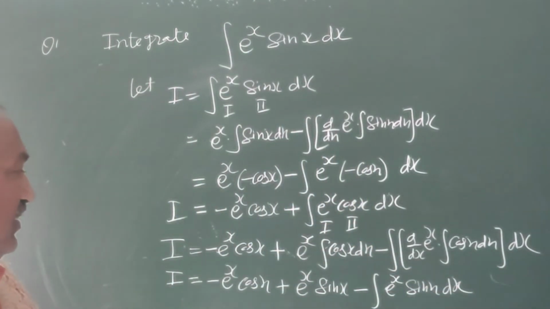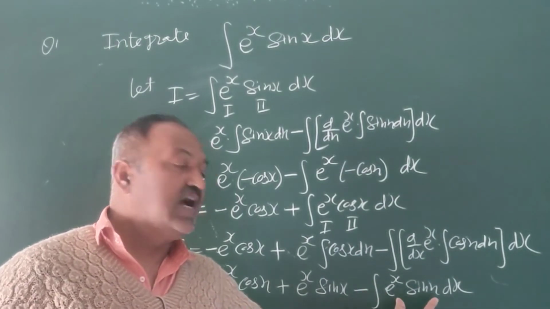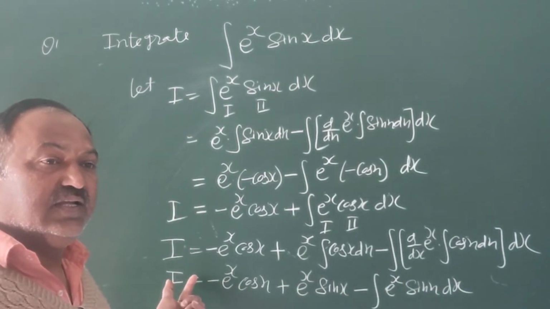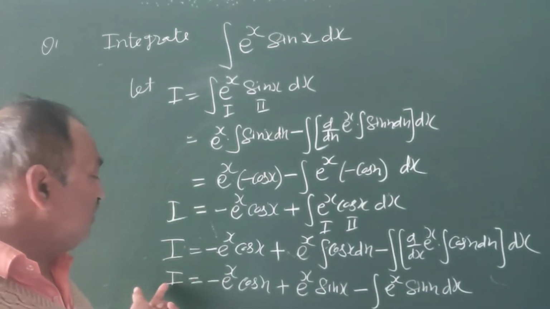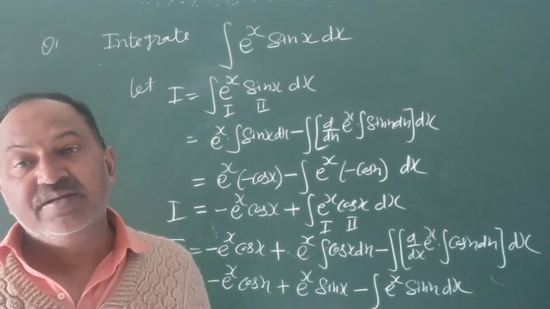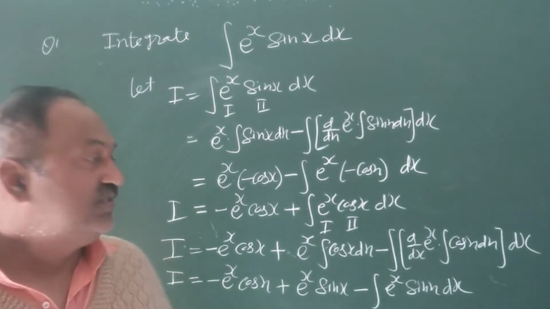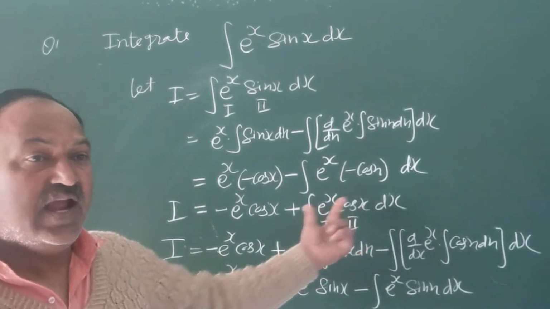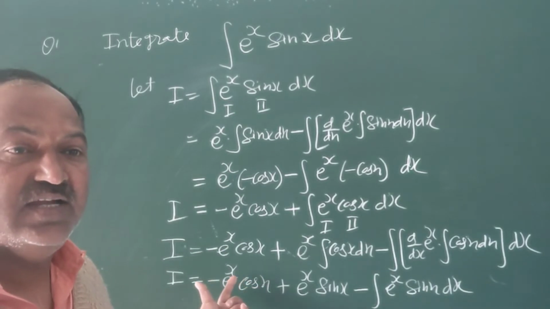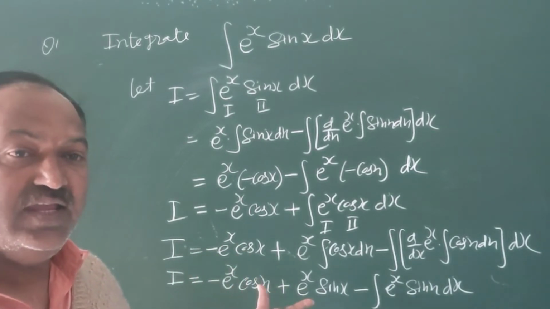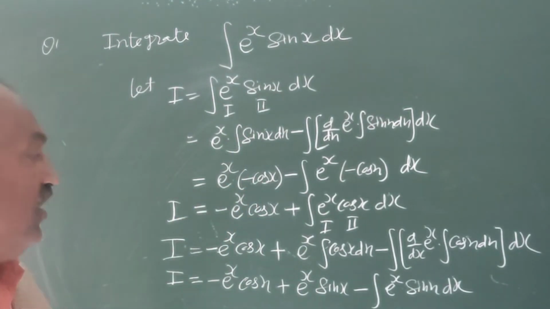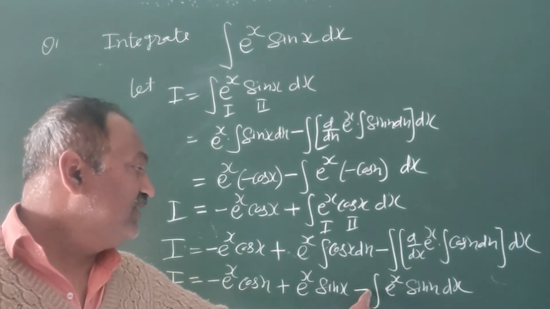Now in these questions, this again becomes minus I, and taking this minus I from the right side to the left side, we get 2I, and after dividing by 2 we get the answer of this integral. This is the procedure. In this case, again integration by parts, and we get again minus I, and after taking I from the right side to the left side we get double I, and dividing by 2 we get the answer of this question. Now let us put it as a minus I.